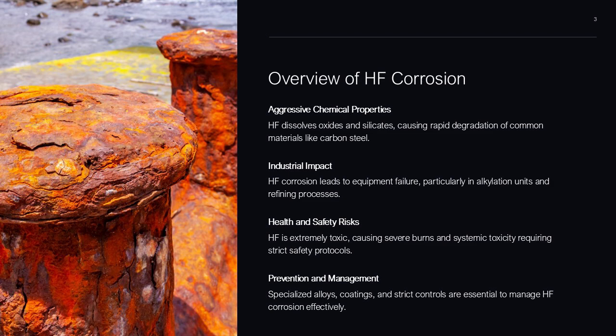HF corrosion is particularly problematic in alkylation units and other refining processes where HF is used as a catalyst. The acid's ability to penetrate and destroy protective oxide layers means that standard materials fail quickly, necessitating specialized alloys and coatings. Beyond its corrosive nature, HF poses a dual threat because it is highly toxic. Exposure can cause severe burns, systemic toxicity, and even fatalities. Effective management of HF corrosion requires a comprehensive understanding of its chemistry, strict operational controls, and robust safety protocols to